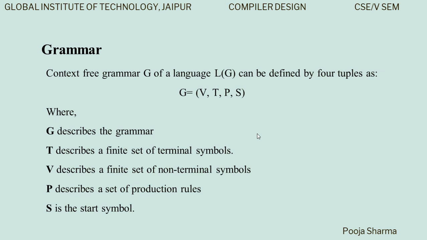So L(G) denotes the language corresponding to the grammar G. The grammar G definition has four parts in it: V_N, T, P and S, where V_N is a set of non-terminal symbols